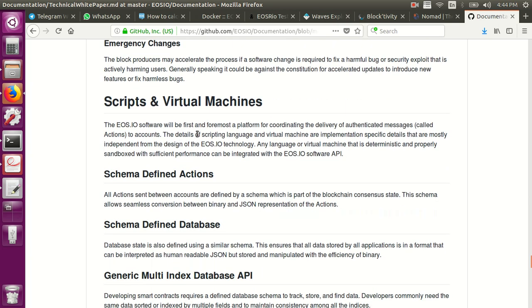Okay, so here's when they start actually talking about code, like how do you write code on EOS. A lot of questions come up on Telegram about this. The code actually gets compiled to WebAssembly. Currently, from what I've heard, C++ has the smallest WebAssembly binary, and therefore it's the easiest way